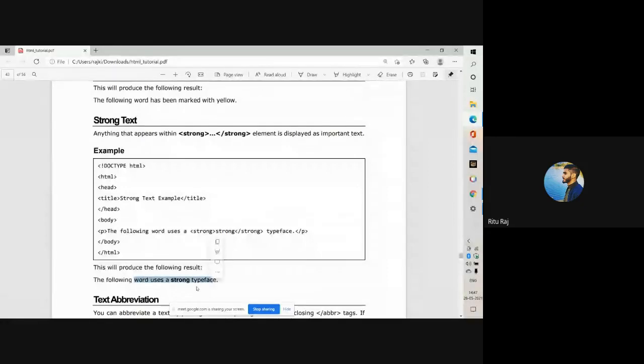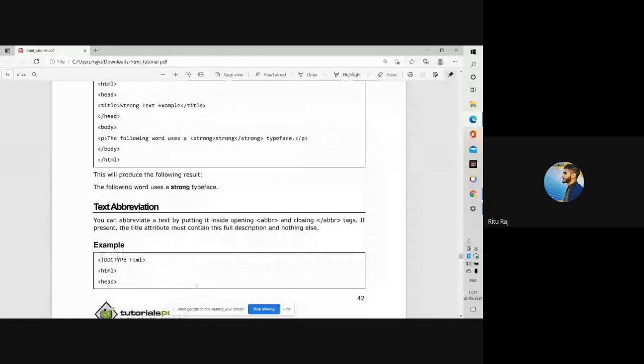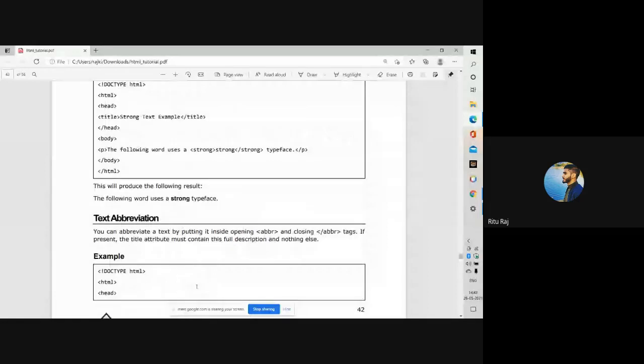Okay. Now text abbreviation. You can abbreviate a text by putting it inside an opening ABBR tag and closing ABBR tag. If present, the title attribute must contain the full description and nothing else. See here, here is the title attribute.